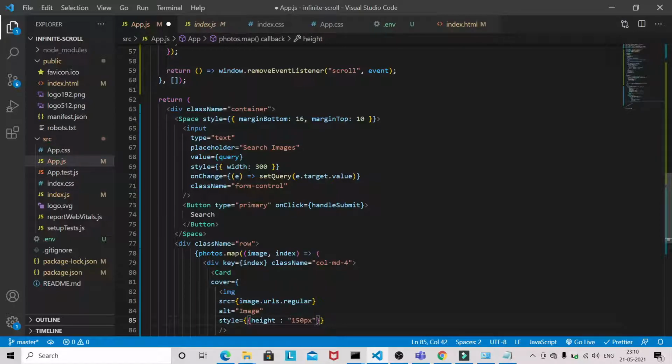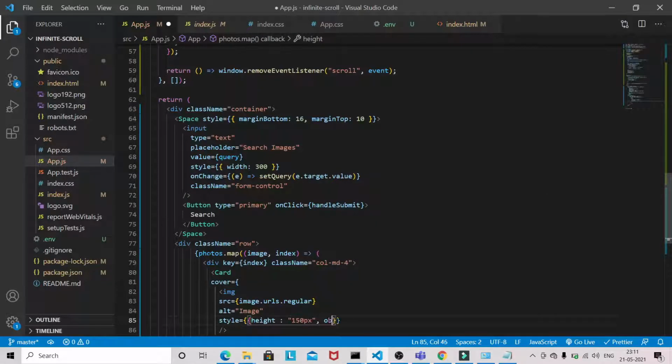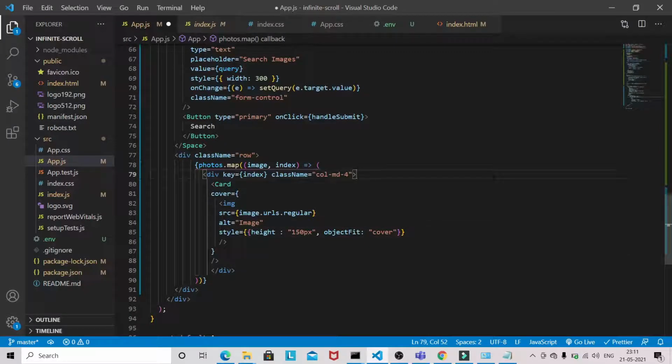So height giving 150 pixel, and one more style, objectFit cover.